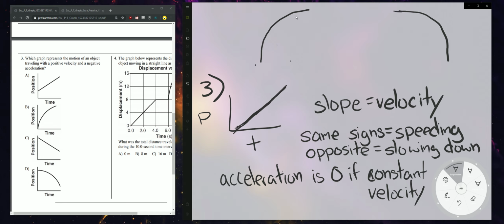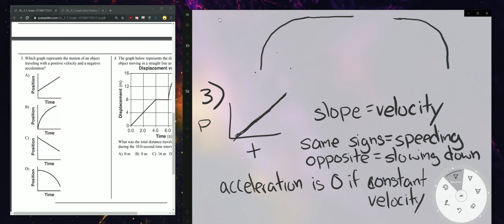Now, the key here is figuring out how it ends or starts. If it looks like it's about to come to a straight line on a PT graph, let's say at P, it's like 10 meters over here. And let's say this is 10 seconds and this is 20 seconds. If at 10 seconds I'm at 10 meters and at 20 seconds I'm also at 10 meters,